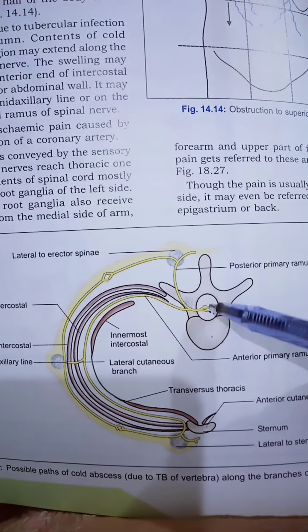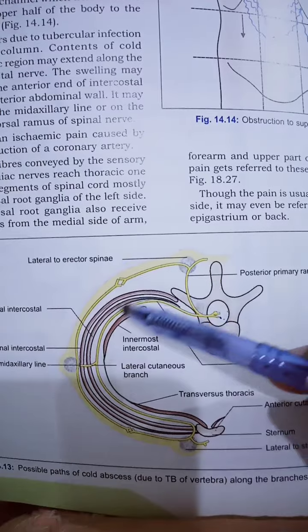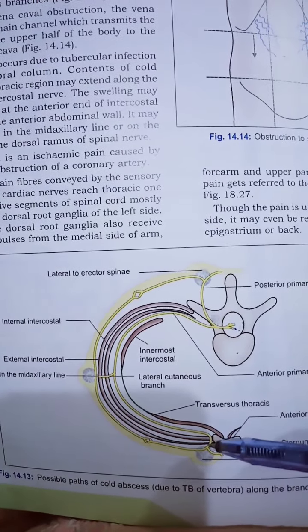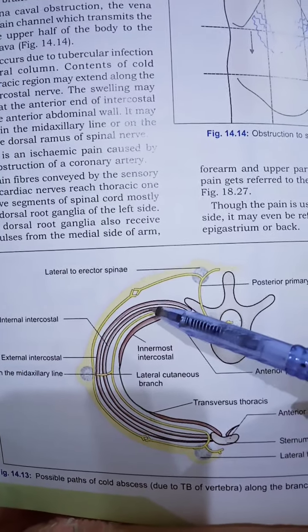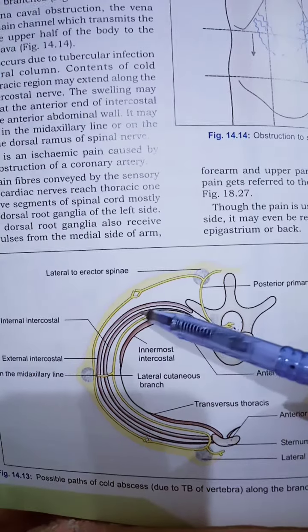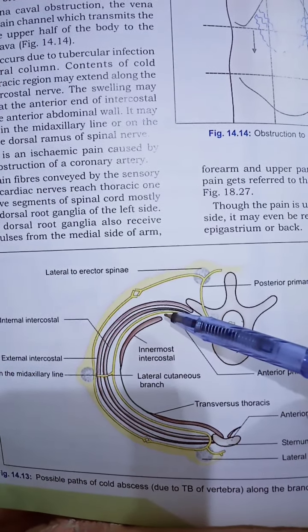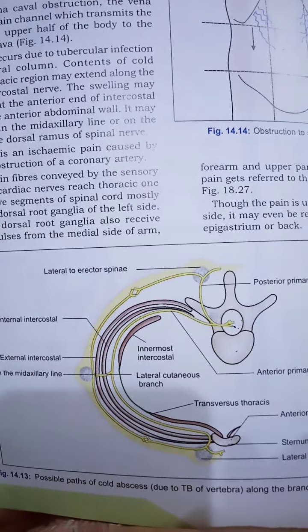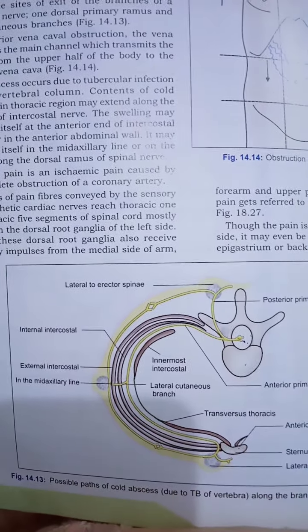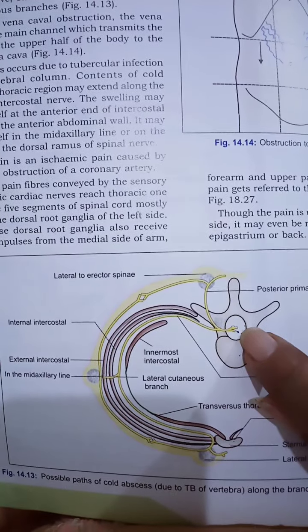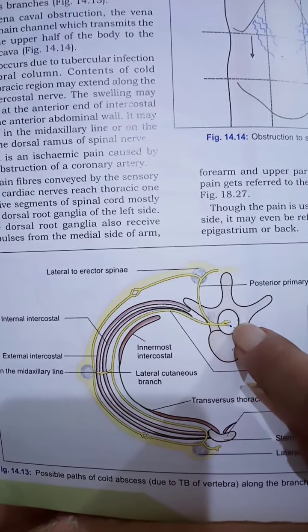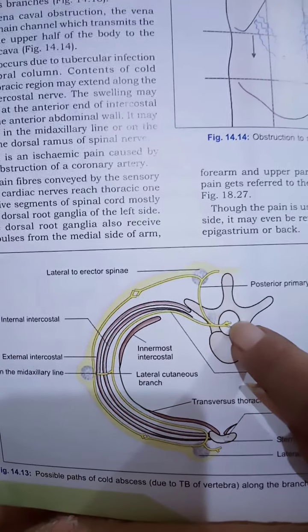And here you can see these two structures, and this one is the intercostal space along with the intercostal muscles. Here you can see a neurovascular bundle, but the vascular component is absent, where you can only see the neural component. I will explain this to you. You know that in this space, in this vertebral foramen, a segment of spinal cord will